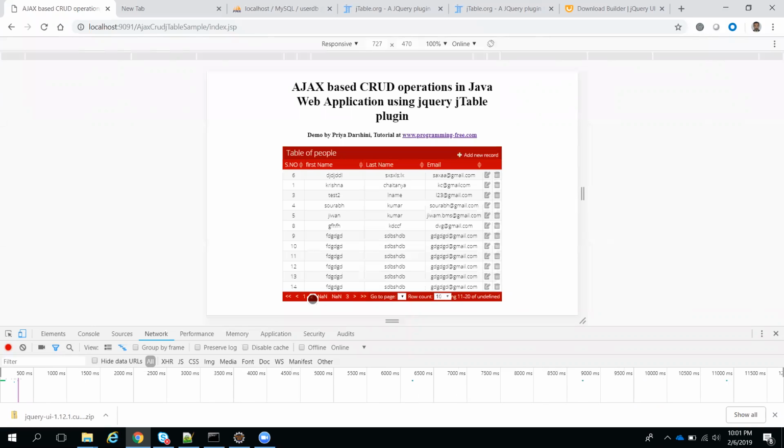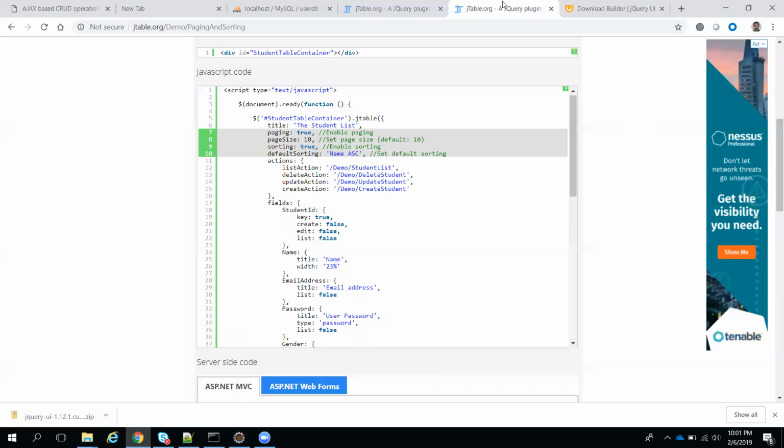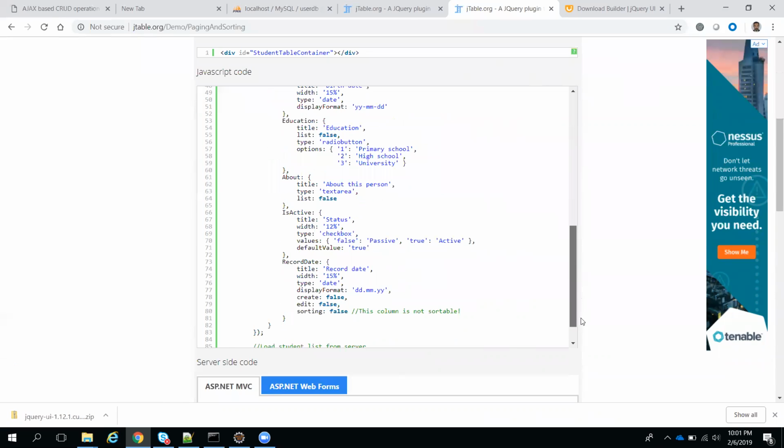Actually, pagination is not working properly here. Why? We need to check the documentation. When you give this, there is one more option we need to pass, I think. Pagination true, page search, and we need to pass total records or something.